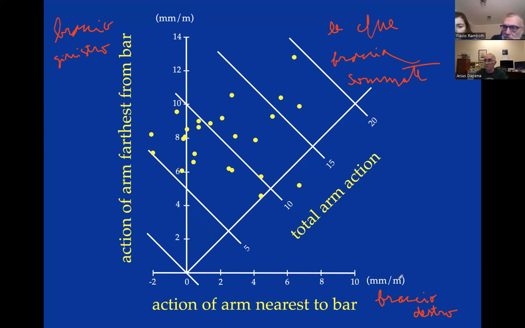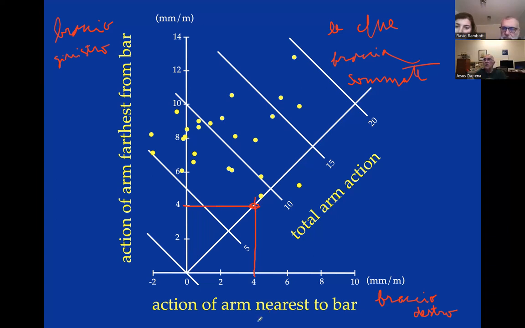Just think that the magic in the horizontal expresses the action of the right arm, the vertical expresses the action of the left arm, and the diagonal expresses the sum of the two arms. So let's look at these values here. If you used equally the right arm and the left arm, your yellow dot would fall on this diagonal line. So you would have maybe 4 for the right arm and 4 for the left arm, and boom, it falls on the line, right?